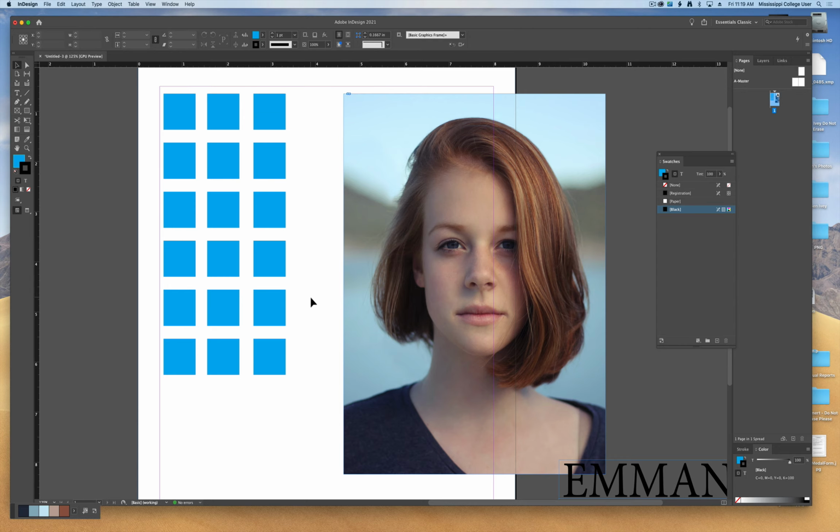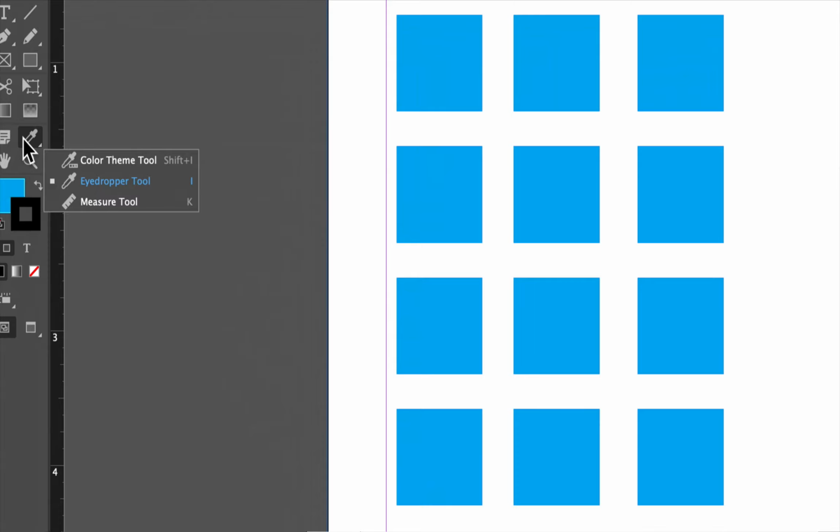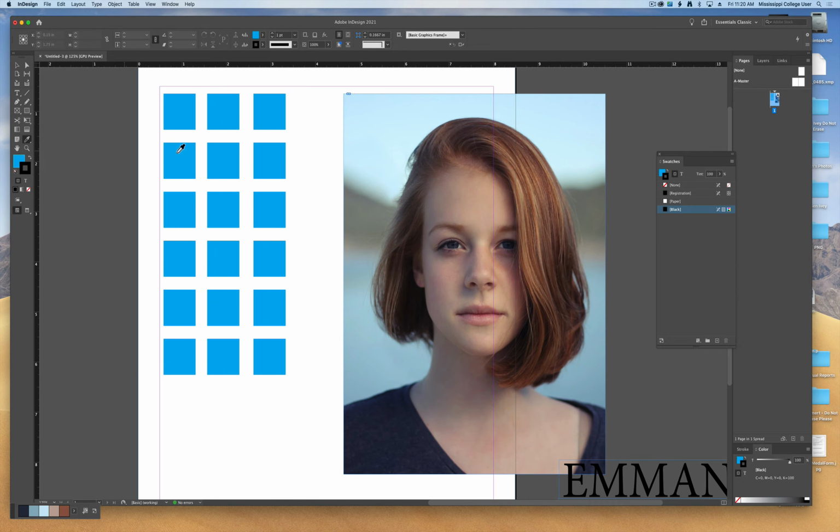With several of them selected, let's go over and pick up our eyedropper tool. Now in InDesign, you've got a couple of different eyedroppers. You've got a color theme tool, which we'll talk about later, and you've got your regular eyedropper tool. The best part about this tool is it's also available in the other Adobe software as well. When I look at this image, let's see if I can find some light and dark areas of the different colors that I'm seeing. The light areas would be the highlights on her skin. On the top of her nose is probably the lightest area, or down on her lips. Some of the darker areas can be in the shadows, both on her hair, on her skin,